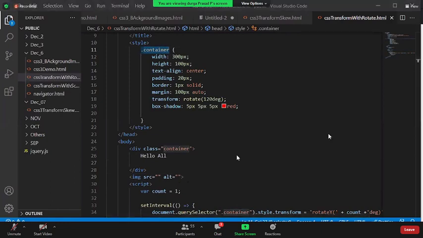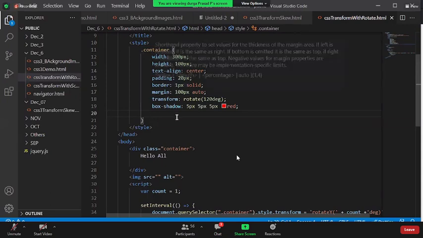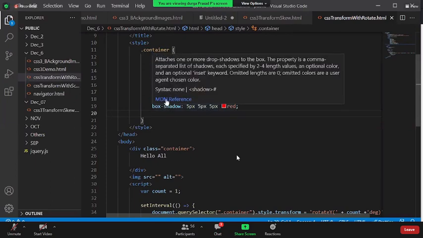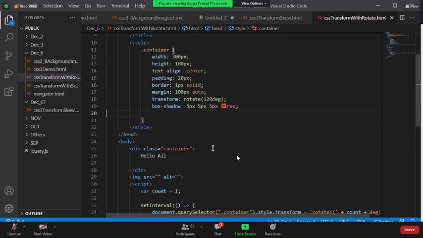Sir, it rotates only if I place the cursor on it? Yes, then it is hover. Remember, yesterday when I did the scaling property, it was happening when I moved the mouse out. The same way, use .container:hover and then the transform property, and it should work. Okay, sir.